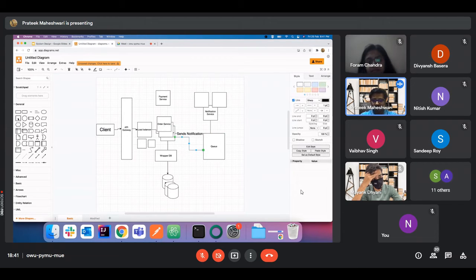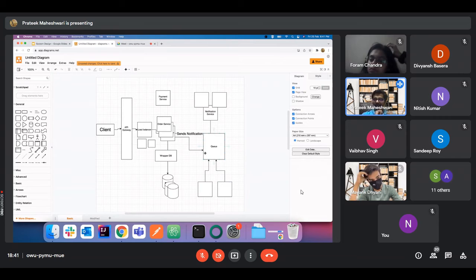Maybe we have multiple other services, they will send messages to this queue. A queue is in itself a big software, a huge software. Now you are simply sending messages to this queue,